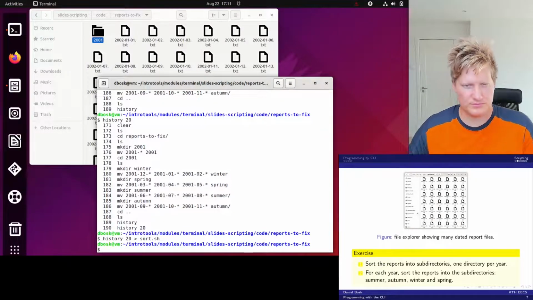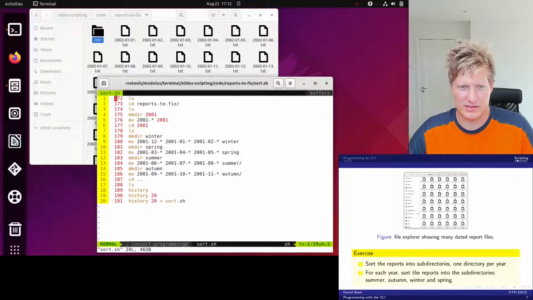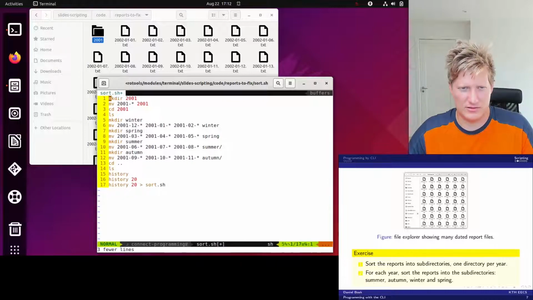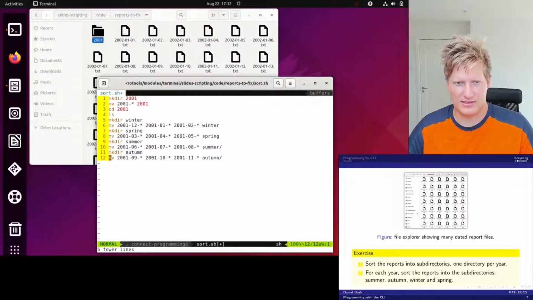And now, what do we want to do here? We can open the sort.sh and see that, okay, it has all the commands that we had. So let's remove these numbers because those aren't interesting. And then let's see, it started here. So this was what we did, and then we can remove the last few lines. So these were the lines that actually did this for us. Okay, so we can save